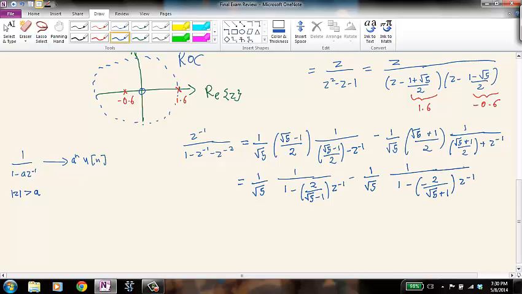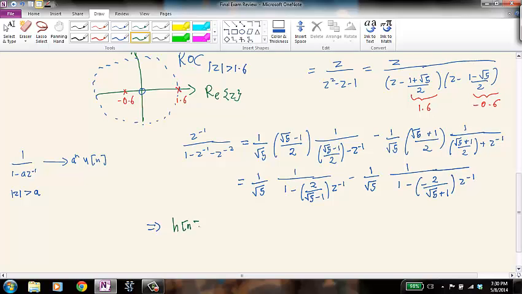Okay, and since the system is causal, we know we have a region of convergence that's z greater than 1.6. So by the inverse Z transform formula, in time the impulse response looks like